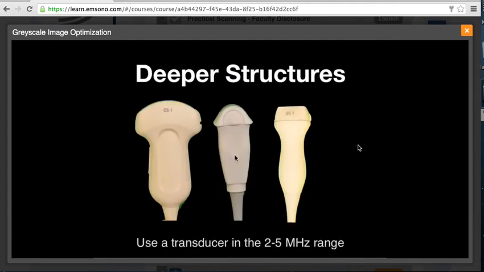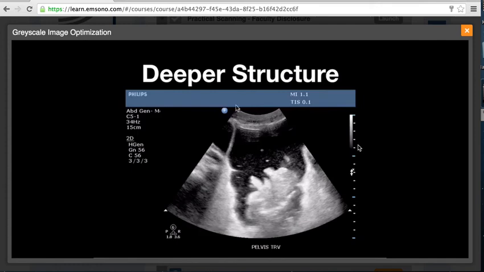For deeper structures, you're going to use transducers in the 2 to 5 megahertz range, and all of these transducers would be adequate for deeper structures. This is a phased array transducer here in the 1 to 5 megahertz range. This is a small footprinted curvilinear in the 2 to 5 megahertz range, and this is a large footprinted curvilinear in the 1 to 5 megahertz range. And here's an example of a sector image using a curvilinear transducer that's able to scan deeper into the